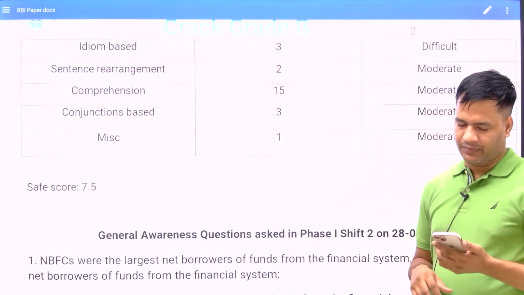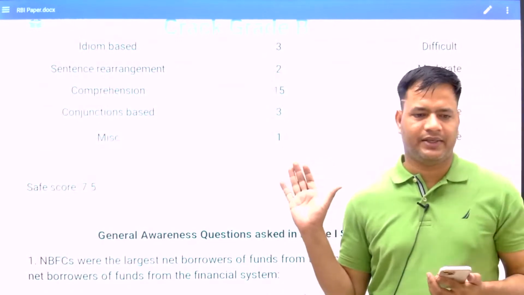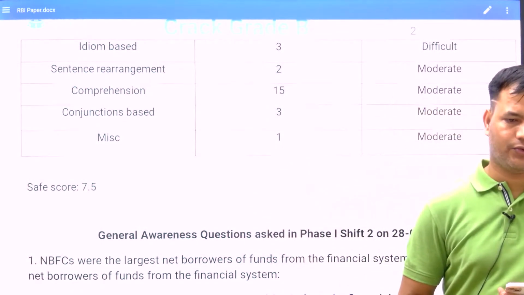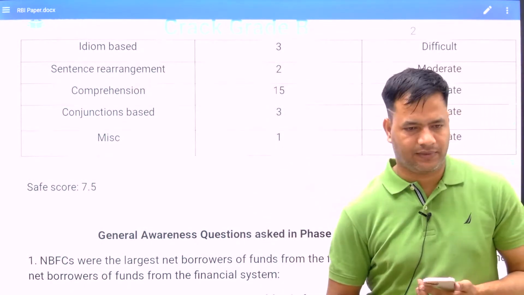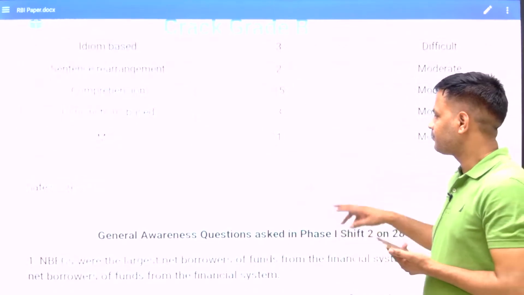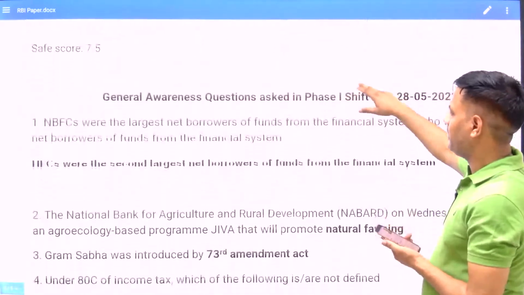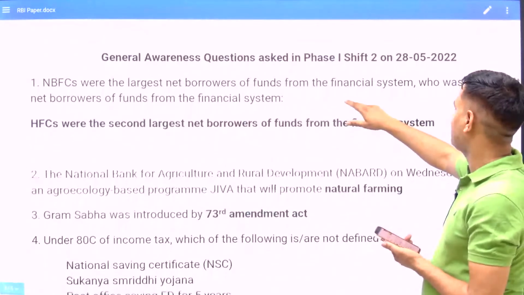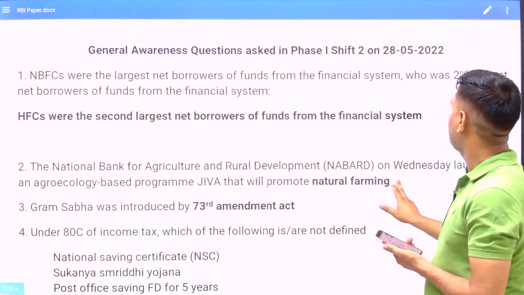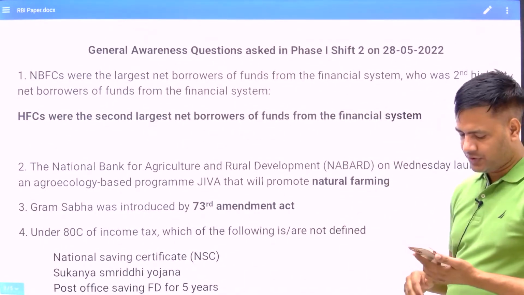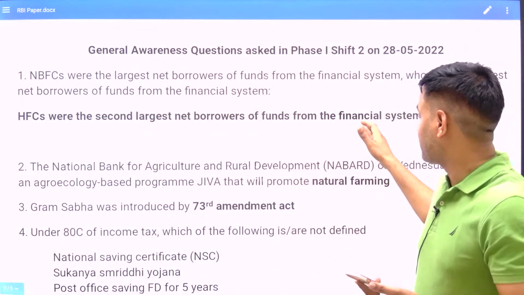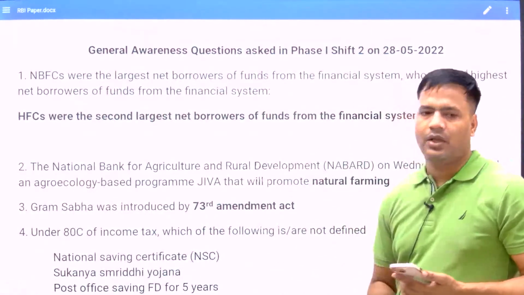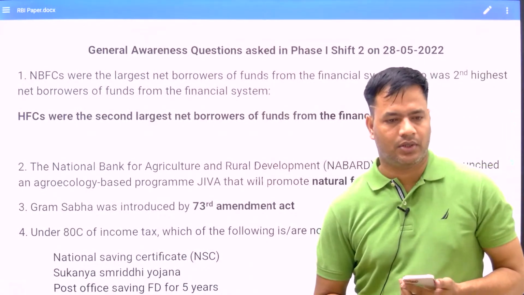In quant, 6 attempts; in general category, 4.5 to 7.5 is the safe score in this range. So the cutoff will be less as per analysis, less as compared to last year. So these were the questions which were asked in shift 2 of